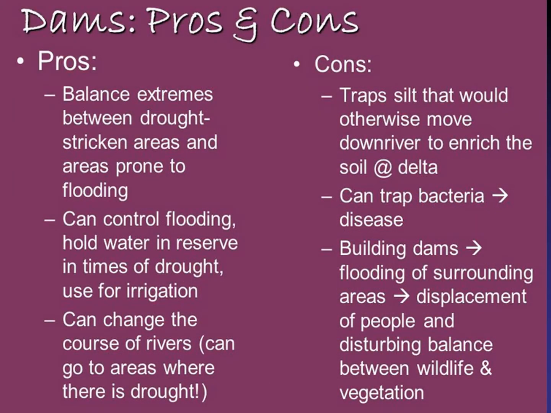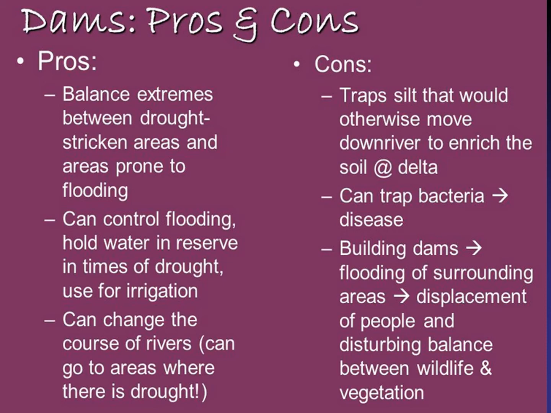Some of the good things about dams is that pretty much after you dam the river, you can control it. So for example, you can divert the water to maybe farms or irrigation that need that water. You can also maybe divert the water to areas like Los Angeles, who are drought stricken pretty much all the time. You can also control flooding. So anything that's downstream to that dam will now not have to worry about flooding issues because you're blocking the